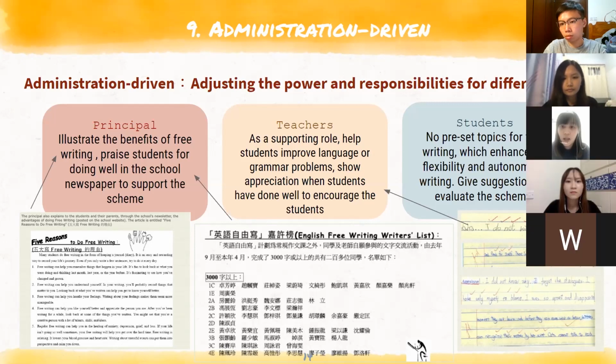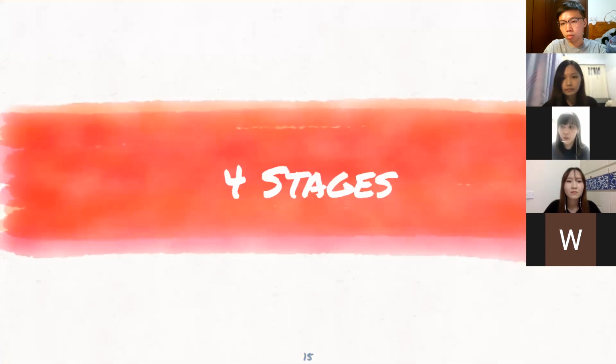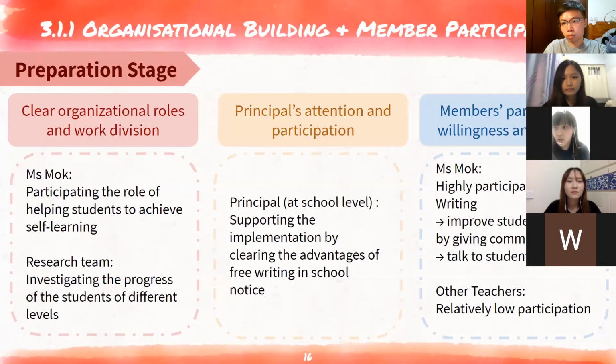And next page is about the 4 stages, and I will start with the preparation stage. Ms. Moore's role is participating in helping students to achieve self-learning, and the research team investigates the progress of students of different levels, and also the principal's attention and participation. In this case, the school level, which means the principals, supports the implementation by promoting the advantages of free writing,